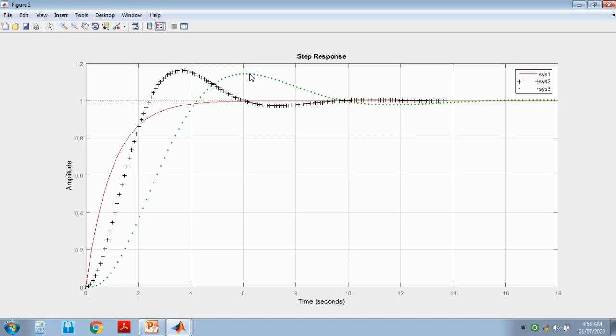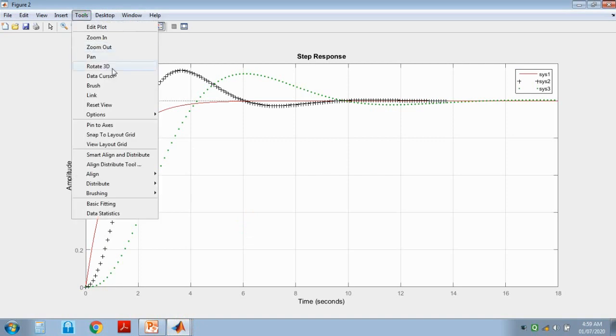Similarly, the settling time of system 2 is greater than the settling time of system 1. In addition, there are some overshoots and undershoots. So we may say the system's response becomes sluggish in terms of settling time, and it becomes oscillatory in terms of overshoots and undershoots. All these effects can be observed in terms of rise time, settling time, peak overshoot and peak undershoot.